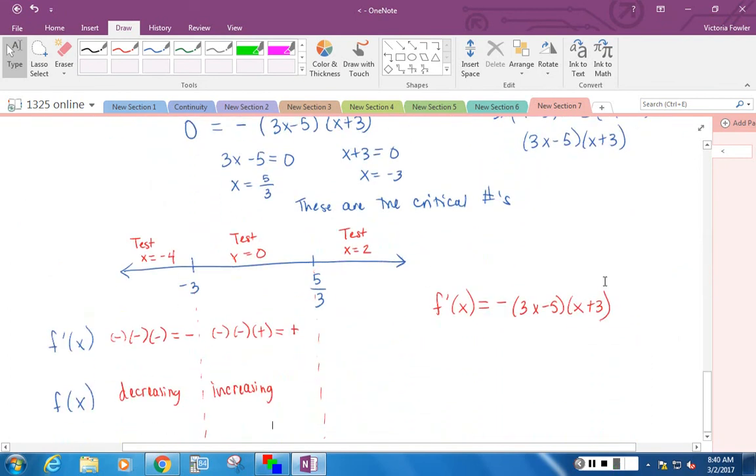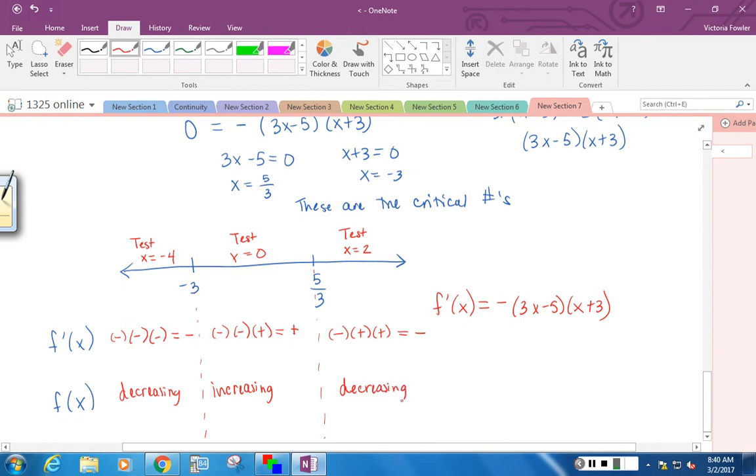I'm going to do the same thing if I test x to be 2. My function has a negative on the outside here, and now I start plugging into the parentheses. Factored form helps a lot. If I plug in 2, I'll have 6 minus 5, that's positive. 2 plus 3 is positive. So negative times a positive is a negative, negative times another positive is a negative. So it looks like my derivative, or the slope of the tangent line, is negative, and that meant that my